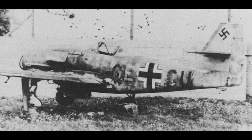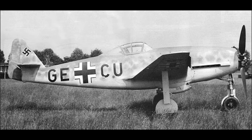As far as I can determine, no actual tests of the A1 configuration were flight tested, and so performance figures are those of Messerschmitt's projections, which seem to have been optimistic. Top speed of this aircraft is cited as being between 405 miles per hour, 650 kilometers per hour, and 496 miles per hour, around 800 kilometers per hour, all depending on the source and what altitude the aircraft was projected to be flying at. I suspect the lower figures are closer to the mark, and this, quite frankly, in mid-1943